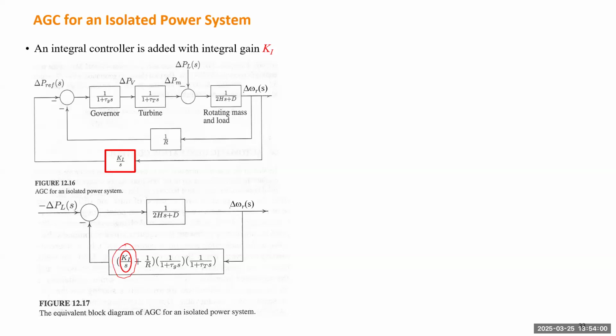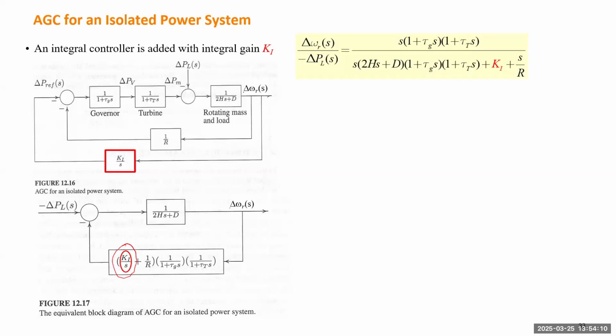In this feedback, we have added this one component, right? So if that Ki is equal to 0, this will go back to the original droop control. If we write down the transfer function, it will be this one, so that Ki is added here. So if Ki is 0,